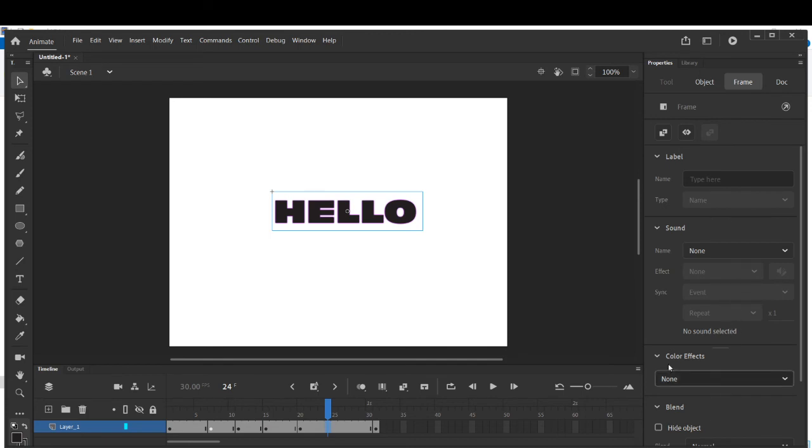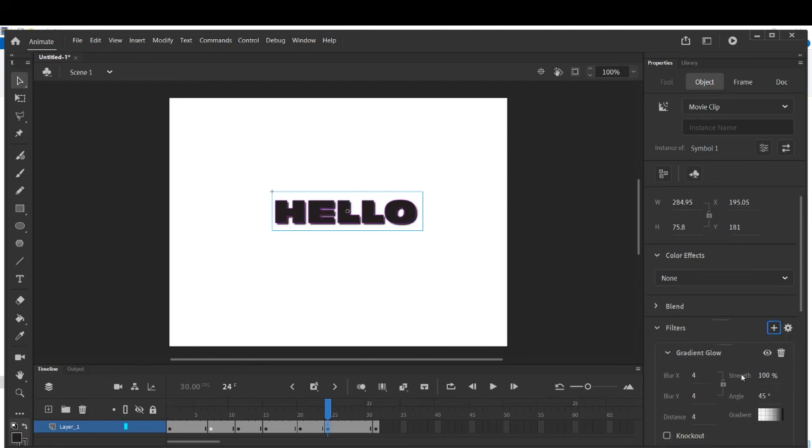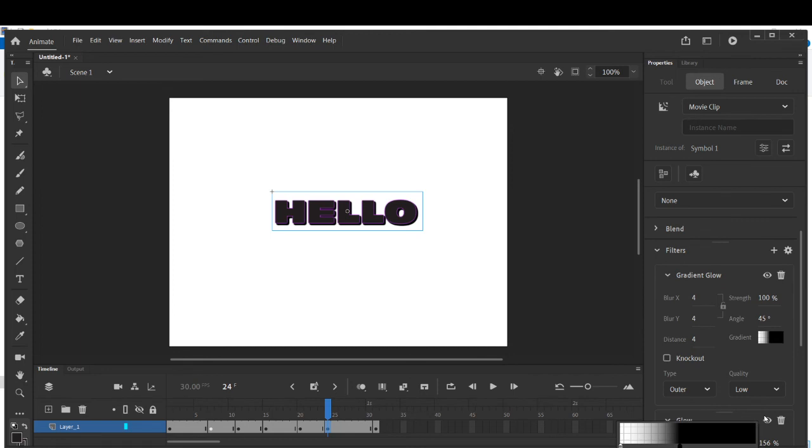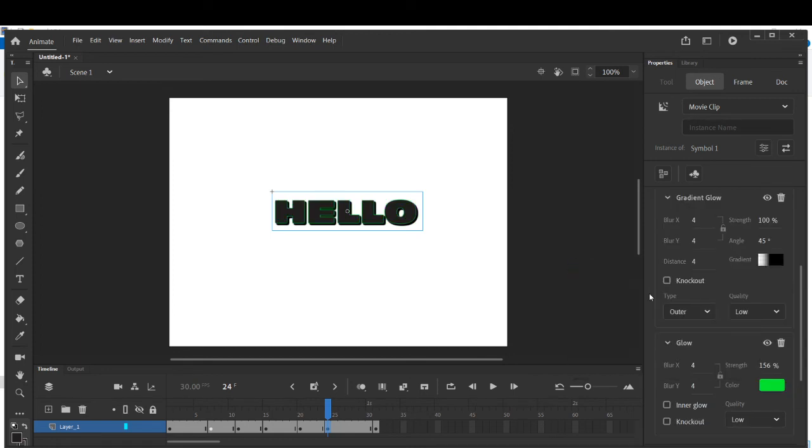So for third option, click this, and then filter will appear again, and gradient glow. Okay, gradient glow. So let's choose the gradient glow in this way. See, it's changing now. Color also you can change to a different color. So you can adjust as whatever you want.